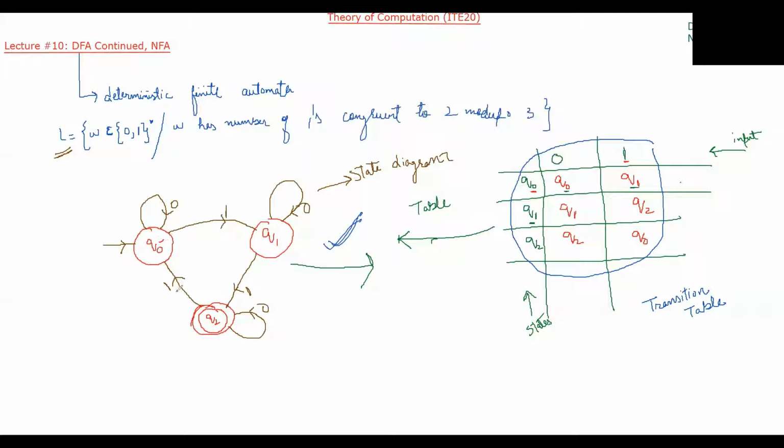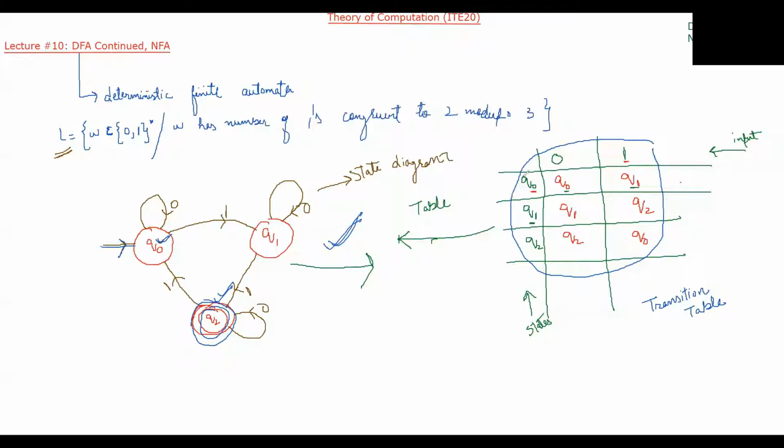So in the state diagram we have the initial state and the final state. These are the special states. So Q0 is our initial state and Q2 is our final state. The initial state is represented by this small arrow here, and it represents the initial state. Q0 is the initial state. Now for the final state we have two concentric circles. So Q2 is our final state.